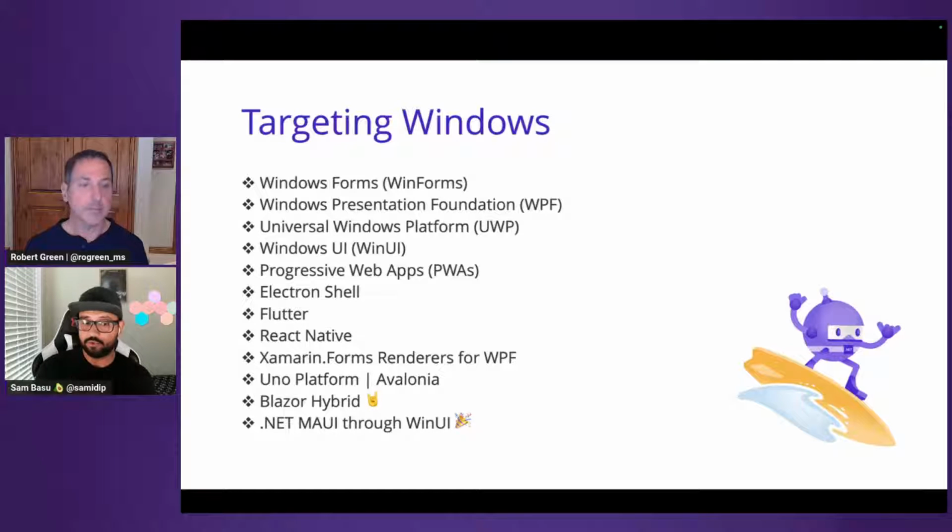And there are other things like Uno Platform and Avalonia, which are also great for desktop and mobile as well. Because, like you mentioned, Robert, like XAML, there's no one team, one product that's owned it. So there are a few dialects of XAML. So if all you have done is WPF XAML, then Avalonia is going to feel very friendly to you. If all you have done is WinUI or UWP XAML, then Uno Platform is going to feel very friendly. To me, again, it's XAML. You learn once, you can do everything else. Yeah, if you know one flavor of XAML, you can easily figure out all the rest.